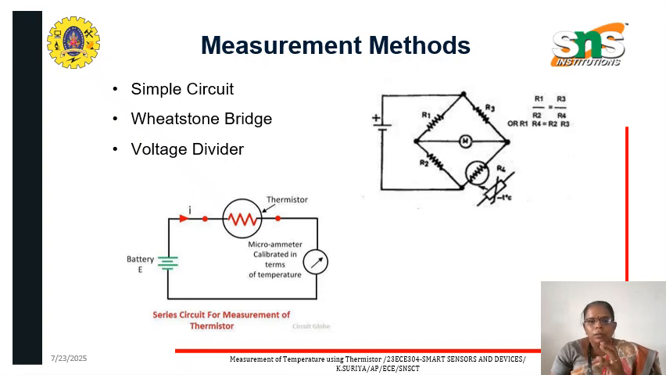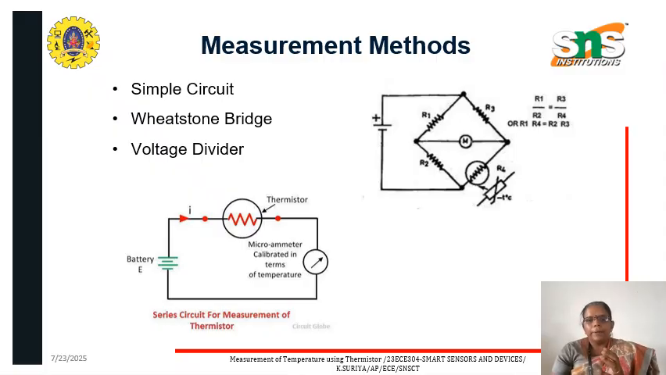Next one is the Wheatstone bridge network, where it consists of four resistors with the thermistor forming one arm of the bridge. The bridge is balanced when the ratio of the resistances in the two arms is equal. Changes in temperature cause the thermistor's resistance to change, unbalancing the bridge and producing an output voltage that is proportional